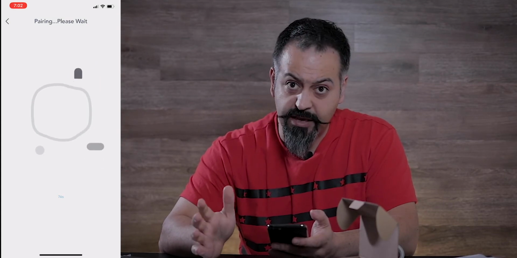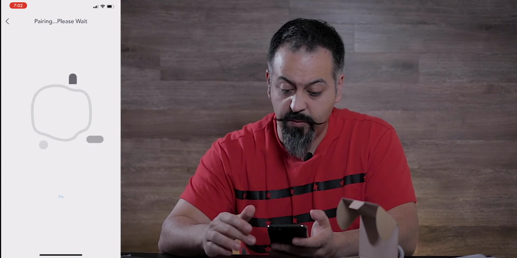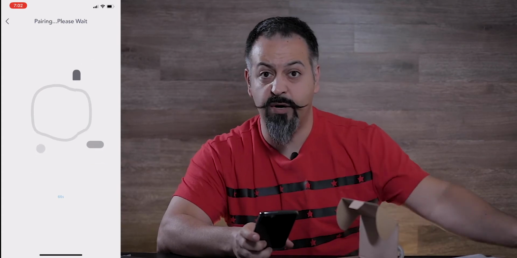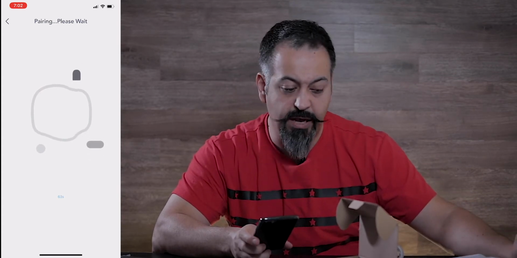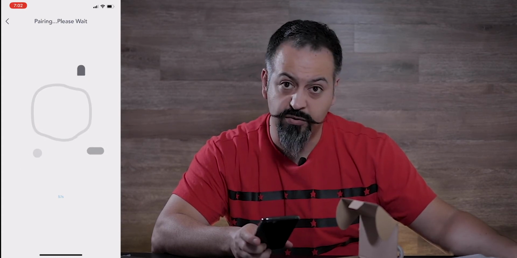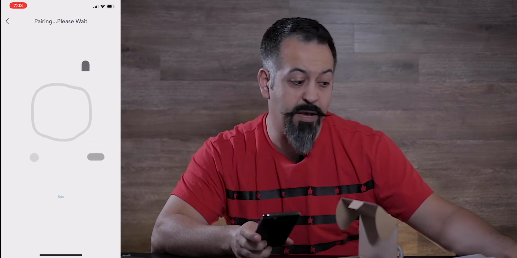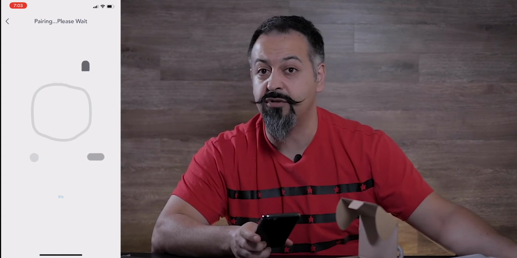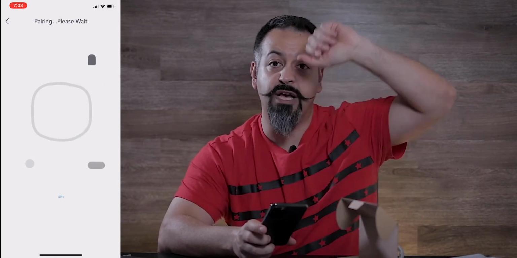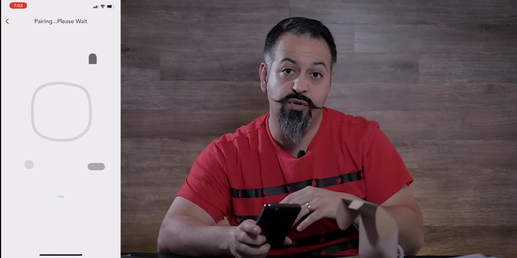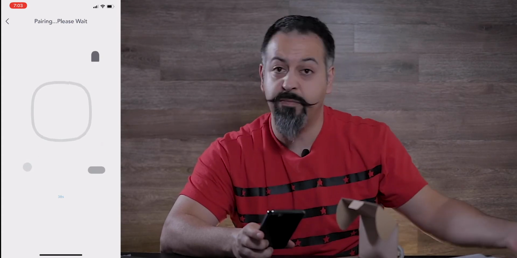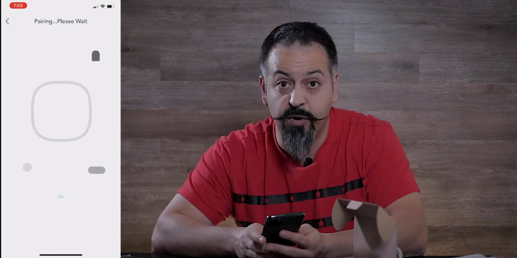Now, what are some of the things I like about these nooie plugs? Number one, every time you try to install or connect it, it checks for any firmware update and will try to update that for you. The other benefit is, like I said, you have remote access to this, and you can create groups and control a series of lights together. So let's say around the holidays, you have some Christmas lights on the first floor and some lights on the second floor, and you want to, at a certain time, turn all of them on or off. You'll be able to do it by simply plugging into these smart plugs.